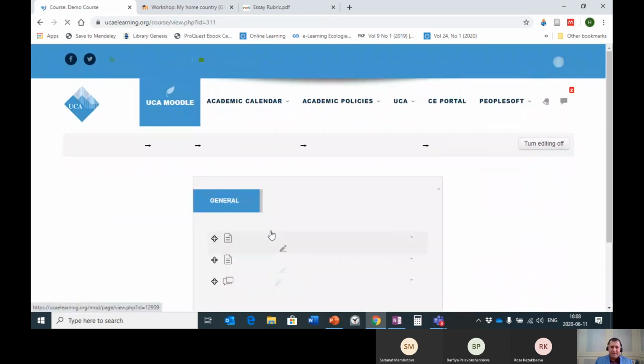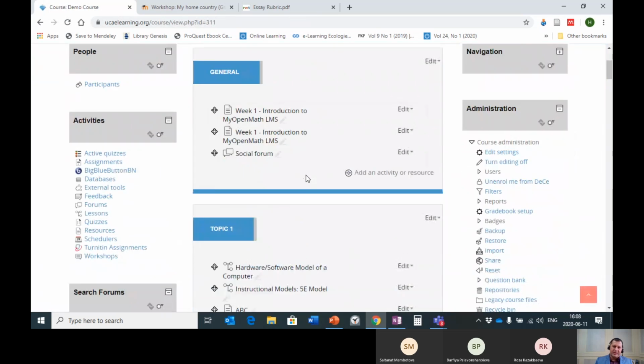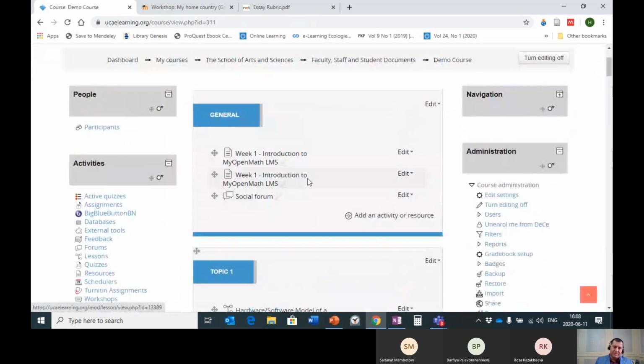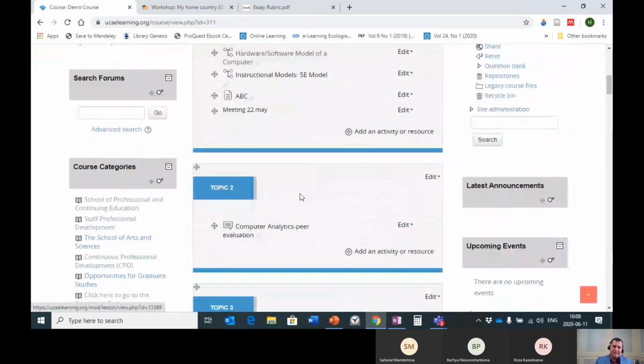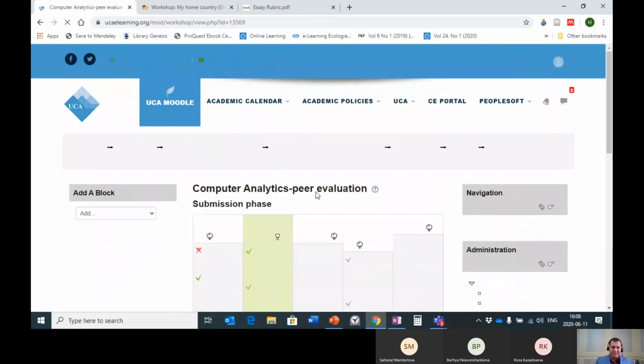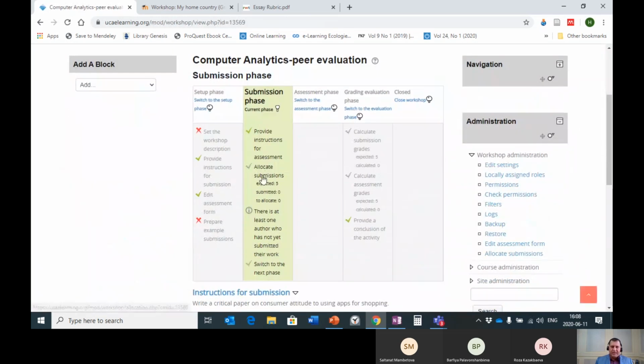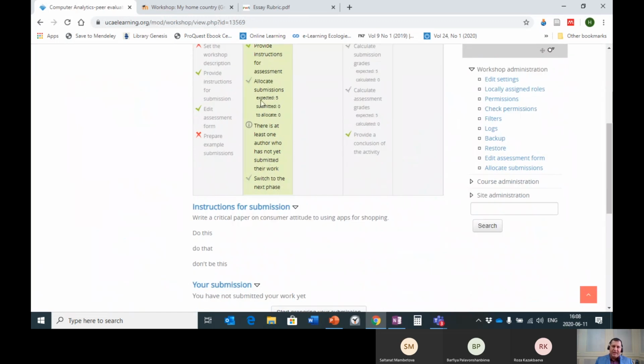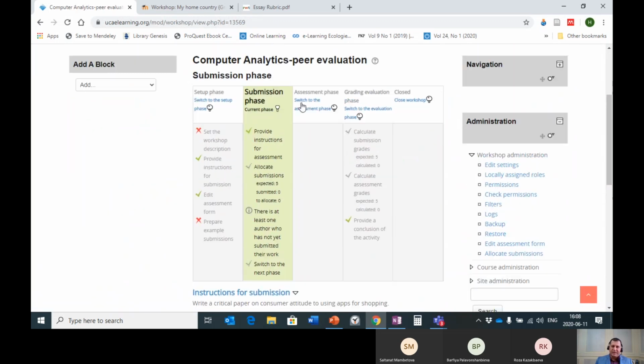It didn't do the function because there are no assessment submissions, so it doesn't do it unless certain things are done. So once I've done this, you will also see a green here. And from here, then you can switch to the next phase. And the next phase is, if you click here,